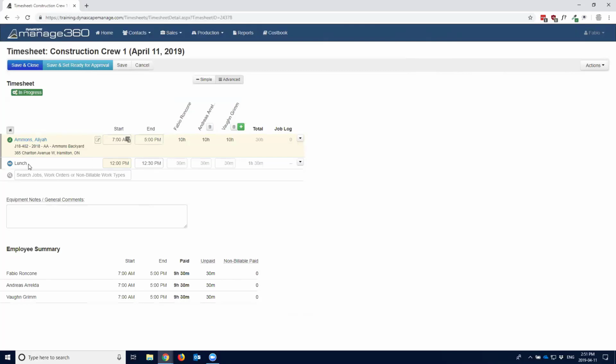Typically the default setup that we have, and this can definitely be changed depending on the company, lunch comes on as a non-billable. That's between 12 and 12:30, a 30-minute lunch. And the actual time of lunch is not critical at this point, because when it gets filled out by the crew, they will fill in their actual lunch time, which is fine. But if you don't want lunch to automatically appear, and by default it does,